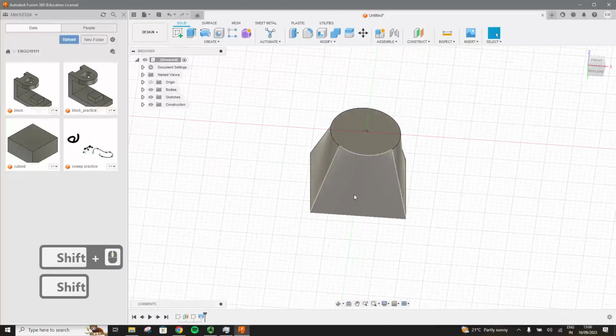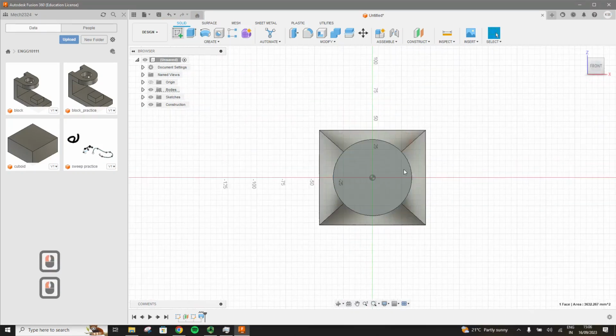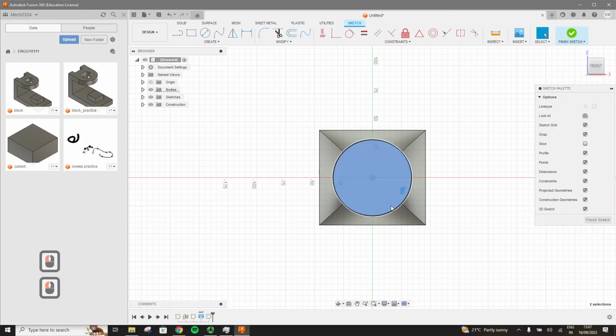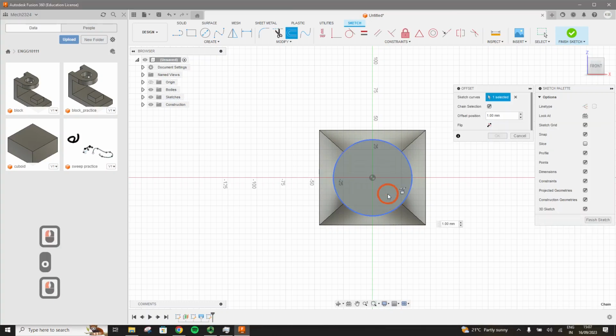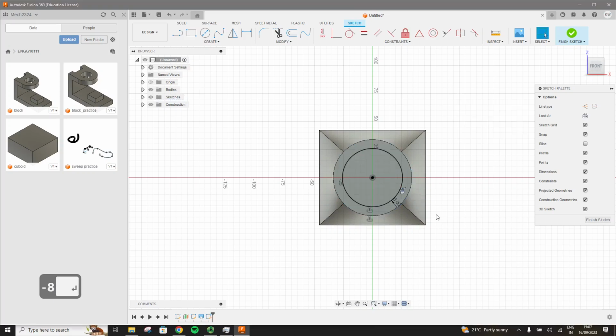Another thing, as for any other command as well, is you don't just use the 3D commands for making new things. You can actually use them for Boolean operations as well. For example, if on this sketch I make an offset of this circle, let's say -8, yeah,